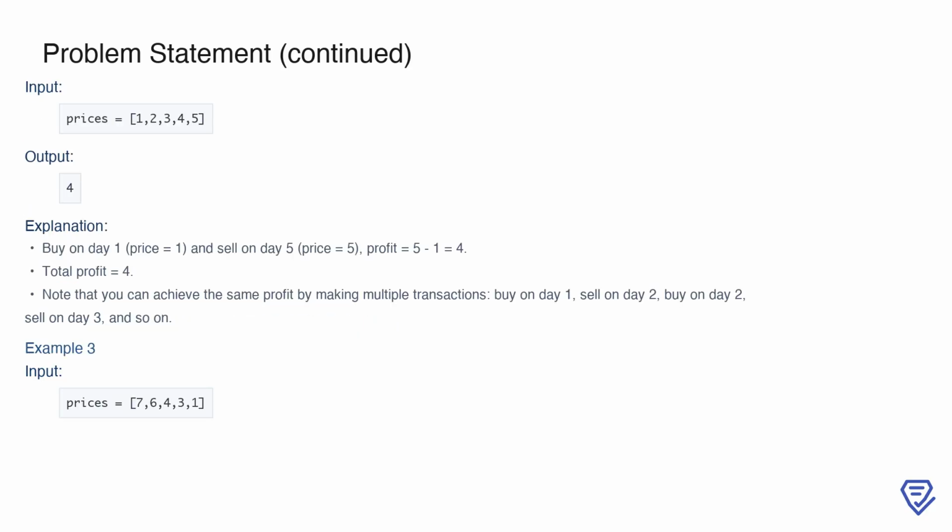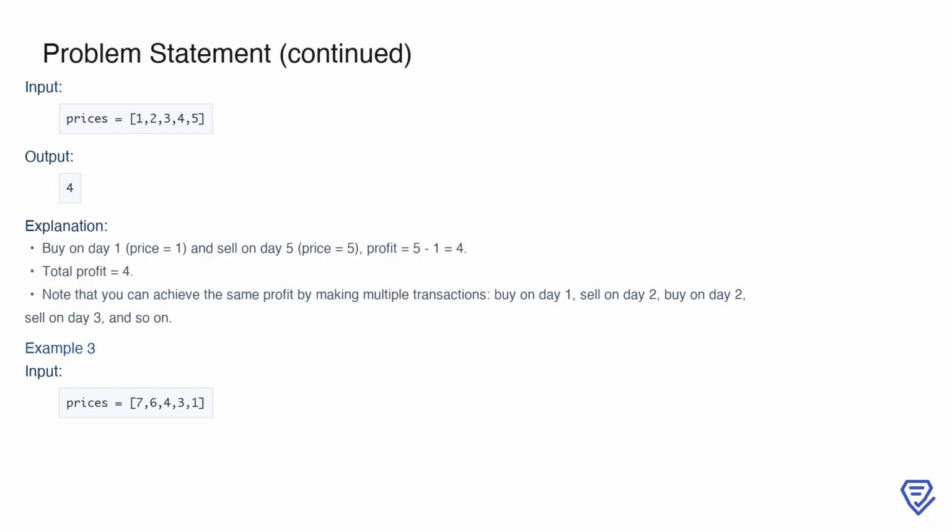Now, consider a second example where the prices are 1, 2, 3, 4, 5. In this case, the prices are strictly increasing. The optimal strategy would be to buy on day 1, when the price is 1, and sell on day 5, when the price is 5, resulting in a profit of 4. Alternatively, you could make multiple transactions, buying and selling each day as the price increases. For instance, buy on day 1, sell on day 2, buy again on day 2, sell on day 3, and so on. Both approaches yield the same total profit of 4, showing that the solution is flexible in terms of